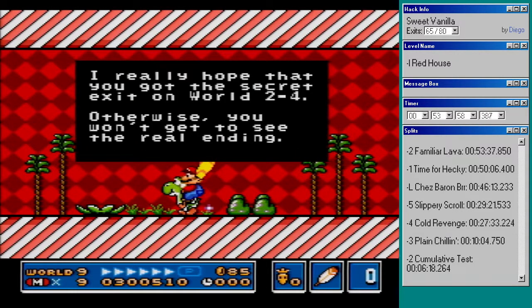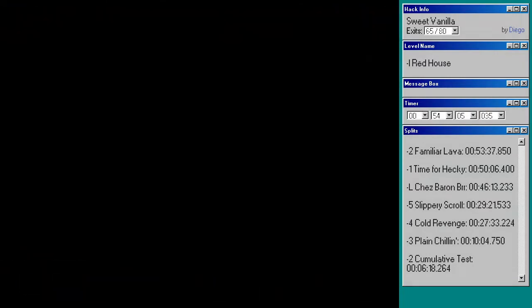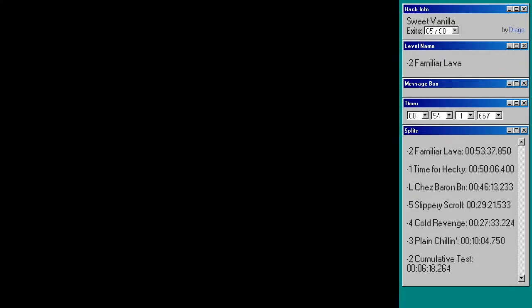I really hope you got the secret exit on World 2-4, otherwise you won't get to see the real ending. I'm fairly certain I did. Crobat is the definition of glass cannon. Well, I thought, like, Pokemon...